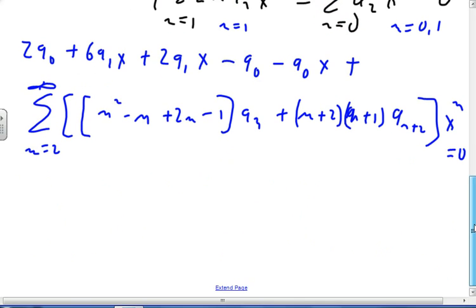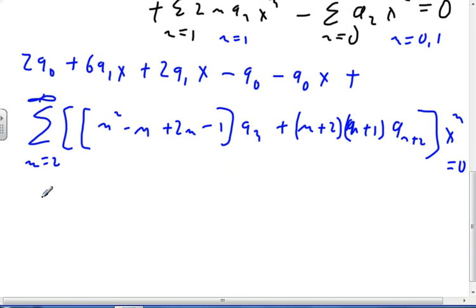Okay. Now recapping, a0 is 0, a1 is 1. Now I look at the unit term, I see that